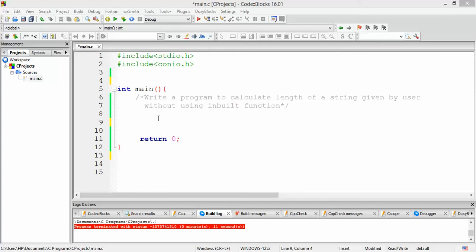Hello students, today we are going to write a program to calculate the length of a string given by the user without using an inbuilt function. You might know that we have a library function named strlen, which is used to calculate the length of a string. But in this program we are going to write our own custom string length function in which we are going to pass the address of the string entered by the user, and that function must return the length of the string,